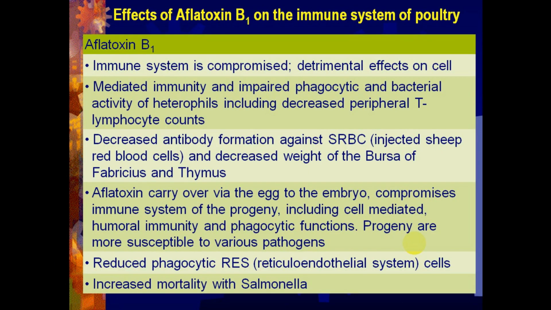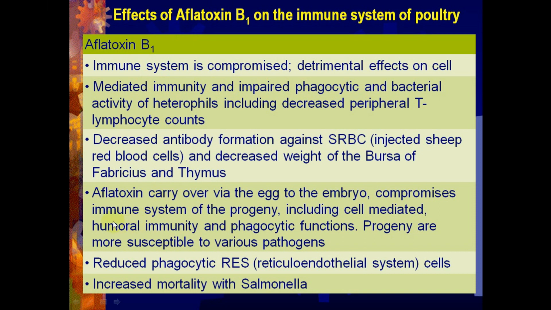So, the effects of aflatoxin B1, which is the most toxic type of aflatoxin. The most toxic is aflatoxin B1. B means blue because it can be blue fluorescent if exposed to an ultraviolet lamp. So first, it causes